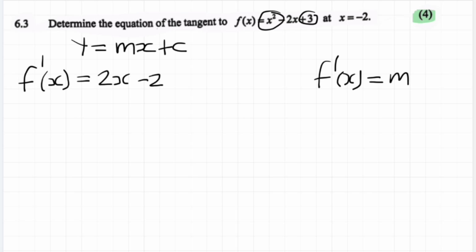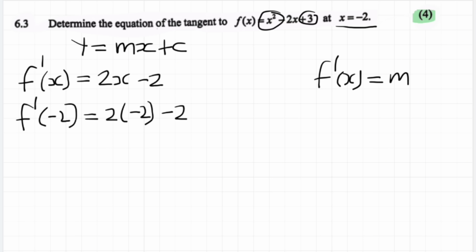To find that gradient, we need to substitute a point that is passing through that kind of equation, which is this x equals -2. So in terms of x, if we substitute this -2, we're going to find our gradient. So we're going to put -2 into 2x minus 2, just like that. And then if you punch this in your calculator, you're going to get -6. Wow. So our equation right now, let me just erase this, is y equals -6